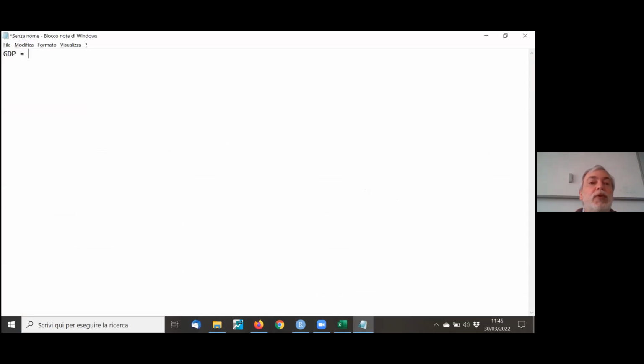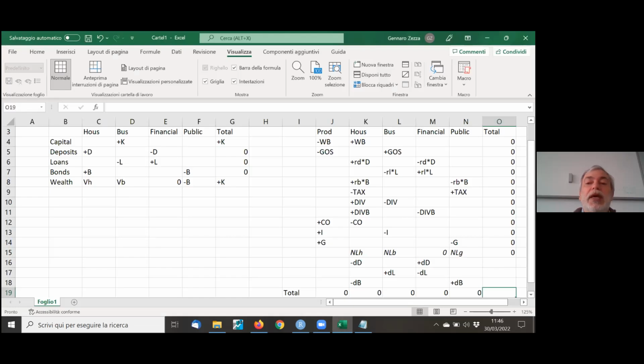So GDP will be equal to consumption plus investment plus government expenditure. And we will have that profits are GDP less the wage bill. Then